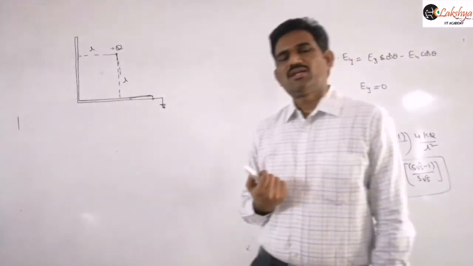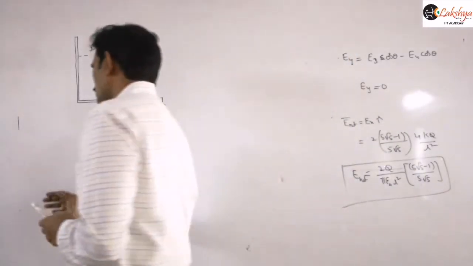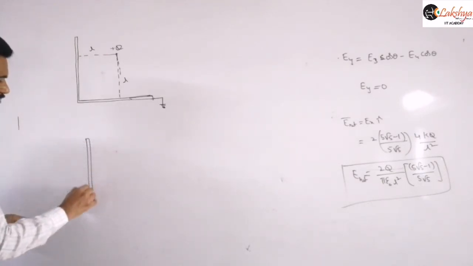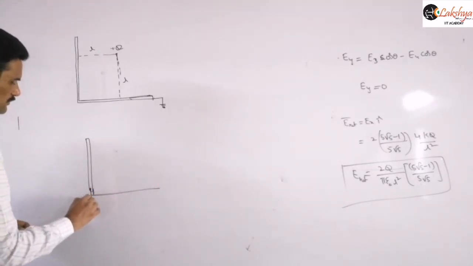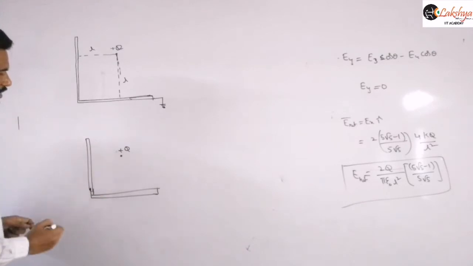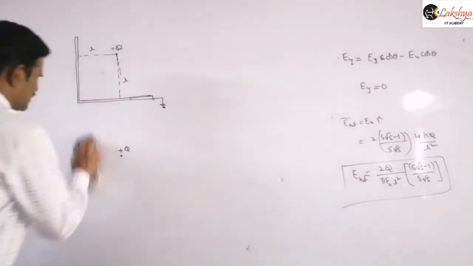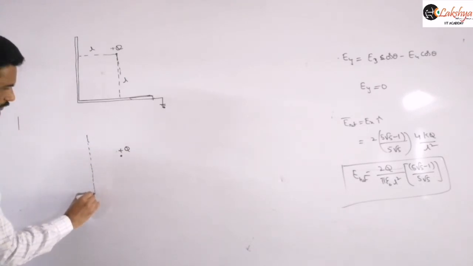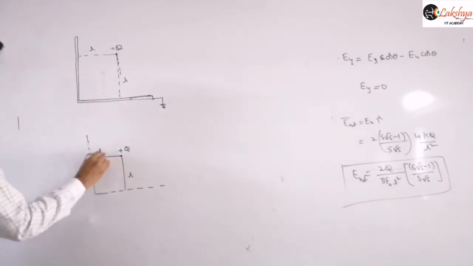And for this actually, if you have an idea about the image formed by the plane mirrors, then this will be easy for us. Or generally also we can answer this question just by taking the image formed by the mirror, simple image formed by the mirror concepts. So see this, I am taking this one charge here, given charge, and now actually this is a plane. That means we need to represent it just as an equipotential surface. I will represent it like an equipotential surface. Right? So then this distance is L and this distance is also L.